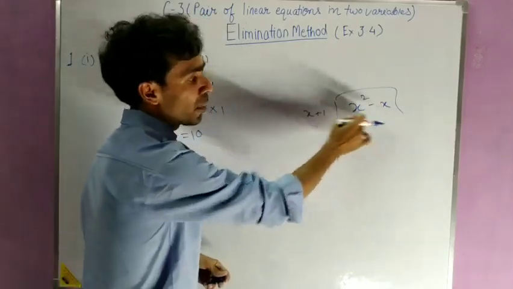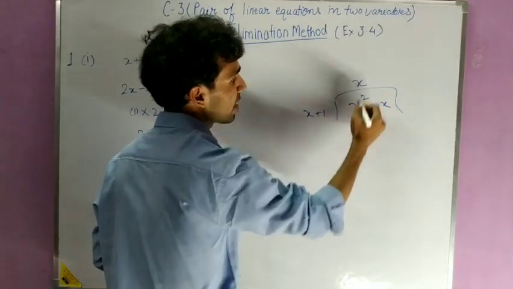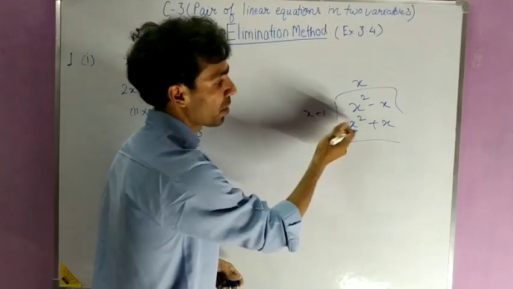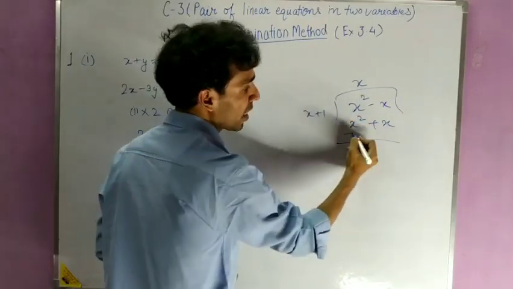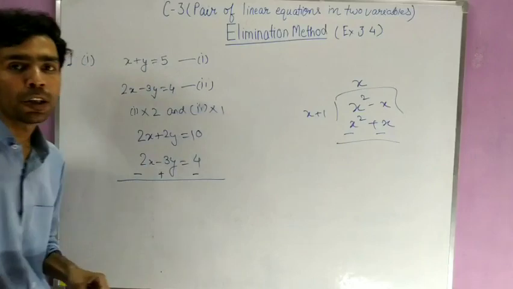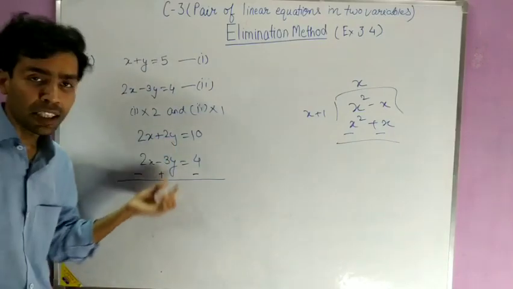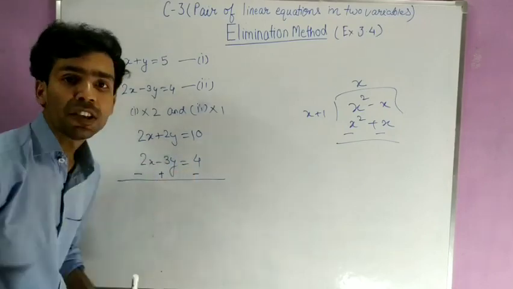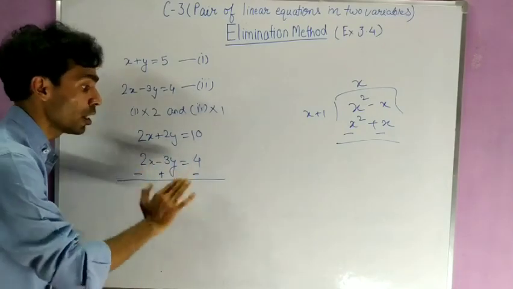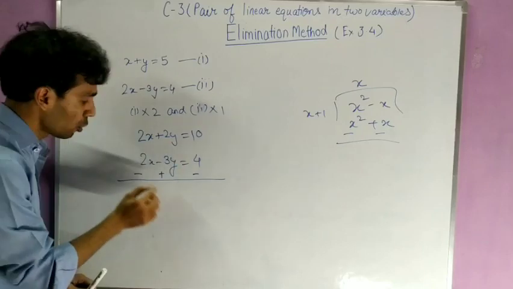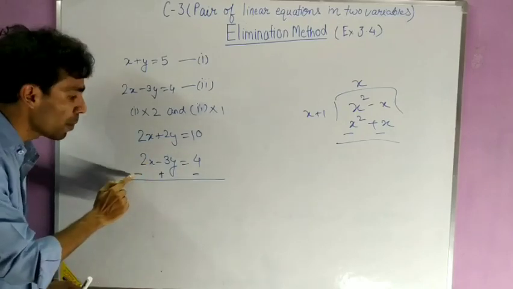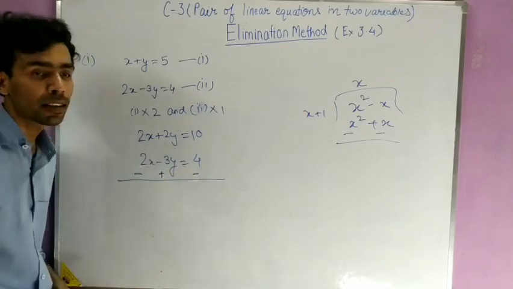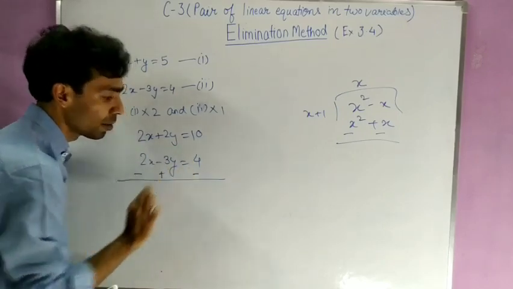You have to divide this by this, so you multiply by x and it comes x square plus x. Now you subtract this from this, so it will be minus, it will be minus. Same thing we are doing, because we are subtracting both equations. So when you subtract, the sign of the second equation will change, not the first, the second. So it is plus 2x, so it will be minus, it is minus, so it will be plus, and it is also plus, so it will be minus. And we have to see the change of sign.